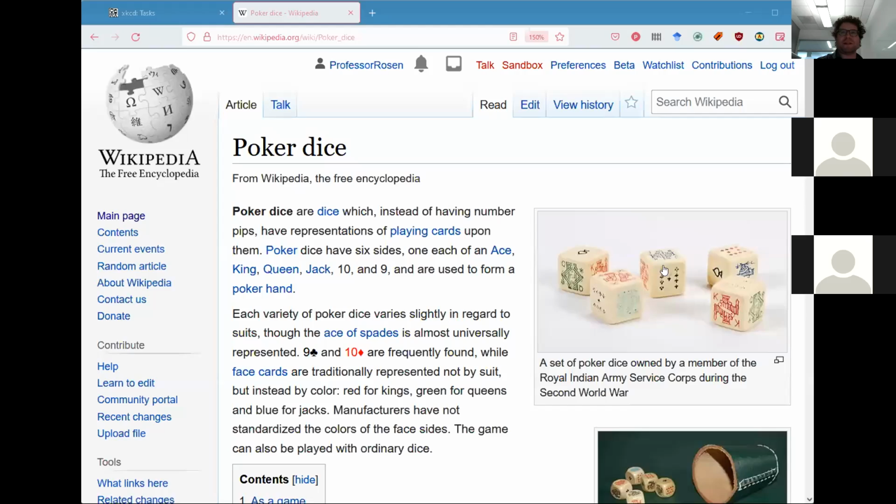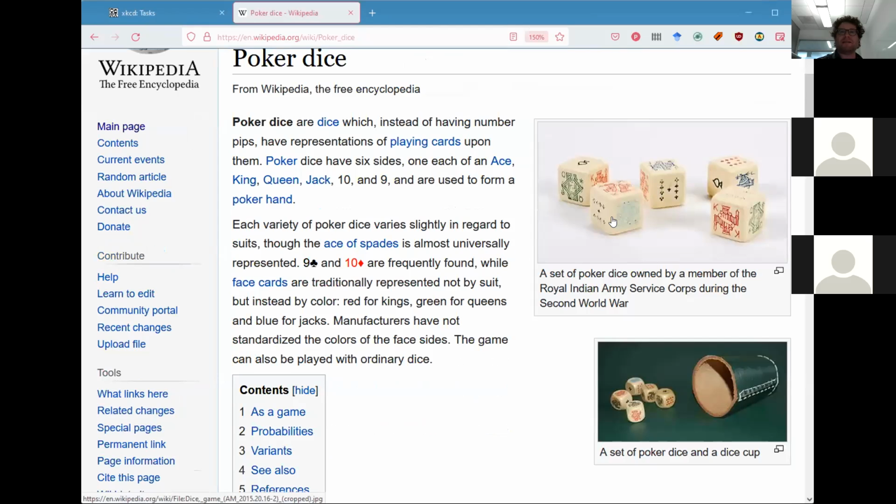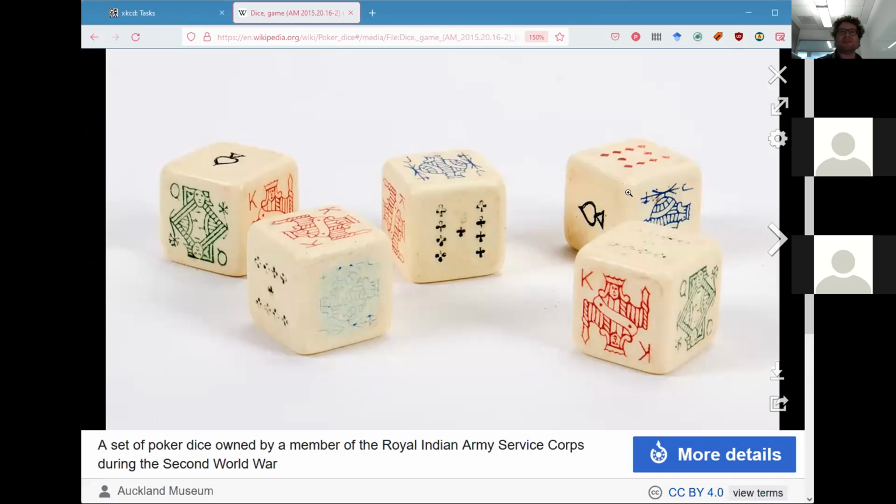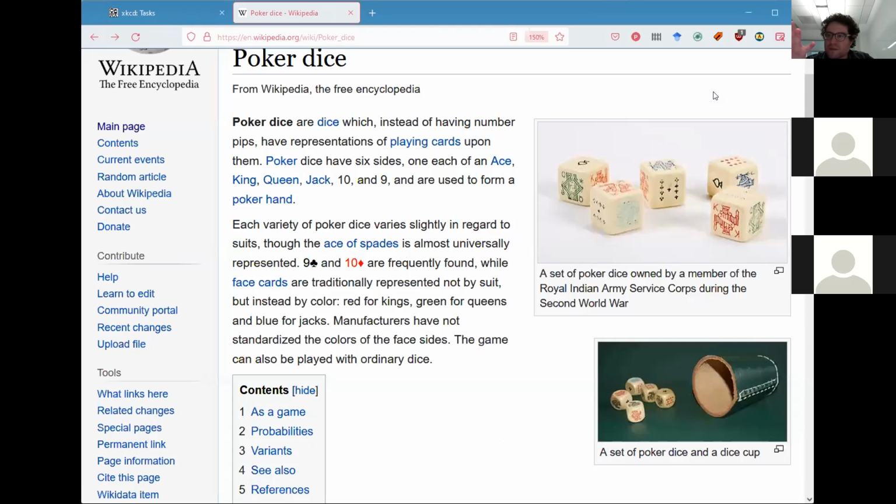Let me go ahead and pull up poker dice. Poker dice are 6-sided dice, but they look a bit different. They look like this. Instead of 1, 2, 3, 4, 5, 6, you have ace, king, queen, jack, and a 9 and a 10. And the scam